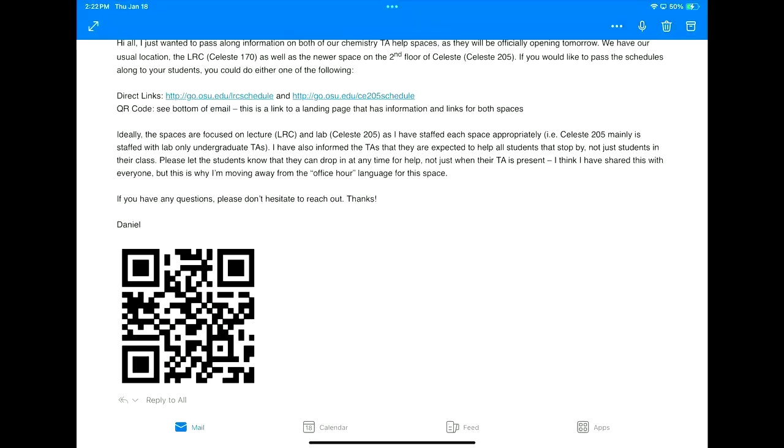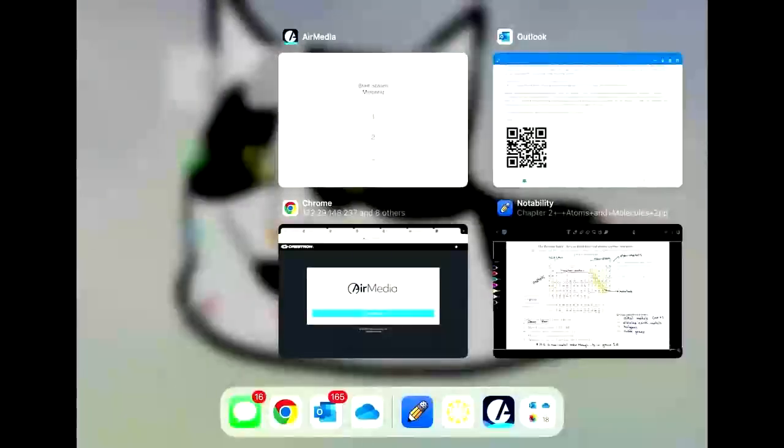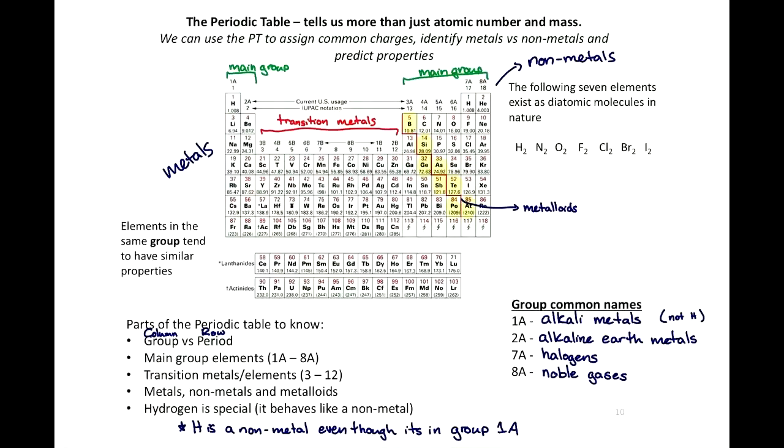They're open Monday through Friday, during normal business hours, like 9 to 5 or something like that. It might be on that QR code. I'm not sure. All right, so, let's go back to chapter 2, where we are talking about atoms,